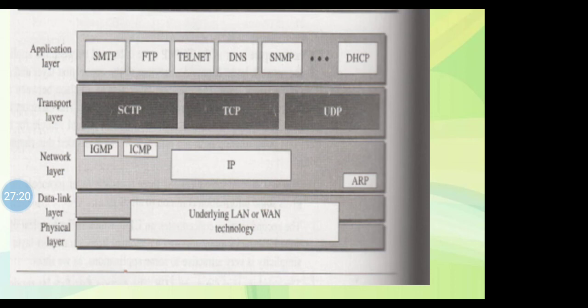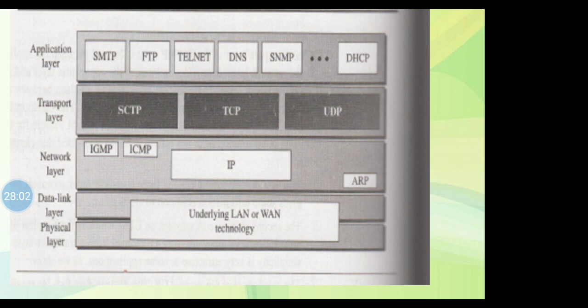Each protocol provides a different type of service and should be used appropriately. UDP is an unreliable connectionless transport layer protocol used for its simplicity and efficiency in applications where error control can be provided by the application layer process. TCP is a reliable connection-oriented protocol that can be used in any application where reliability is important. SCTP is a new transport layer protocol that combines the features of UDP and TCP. Next we'll see port numbers.